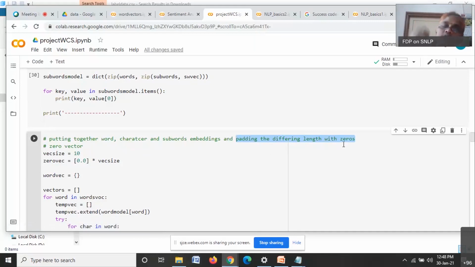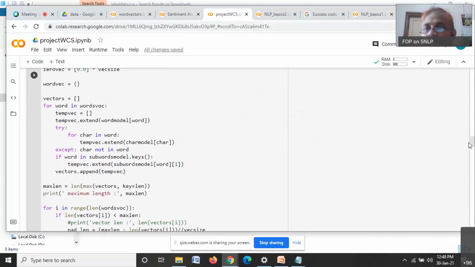So what we can do here is pad all these word embeddings, character embeddings, and subword embeddings. You concatenate all this and find out the maximum size. And for the difference between this maximum size and the resulting word length of each word, we now have to fill it with zeros, and we have done that here.